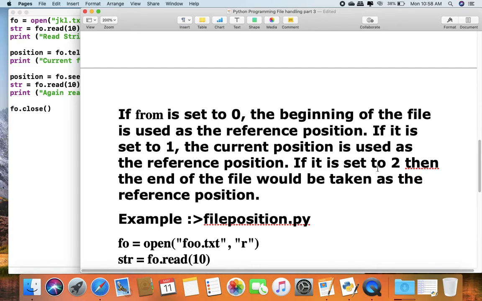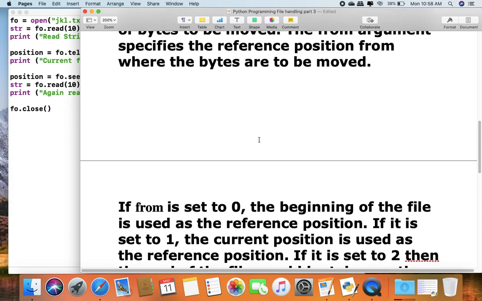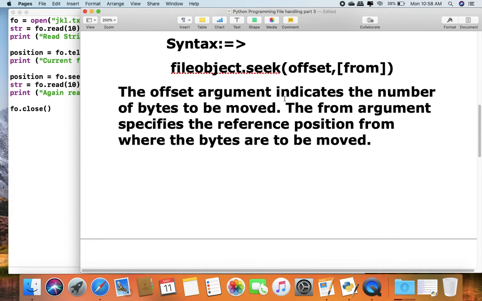If it is set to 2, then the end of the file is taken as the reference position. If the offset argument is 0, then it will move the file from the first position, and whatever value is set here, the file starts from that particular position.